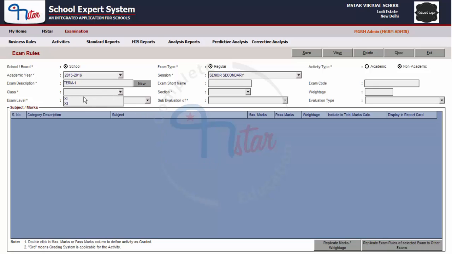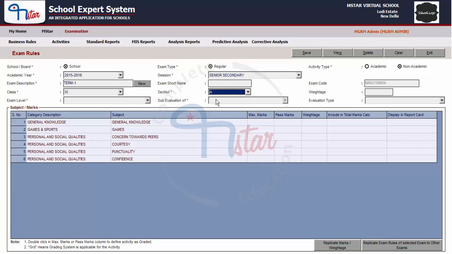Select the class and select section. Once you select the section, the list of all the non-academic activities appear since we have selected the non-academic option. Now select the exam level. Since this is also a main evaluation, I am selecting evaluation as the exam level option. Sub-evaluation of will be disabled because we have selected exam level as evaluation,